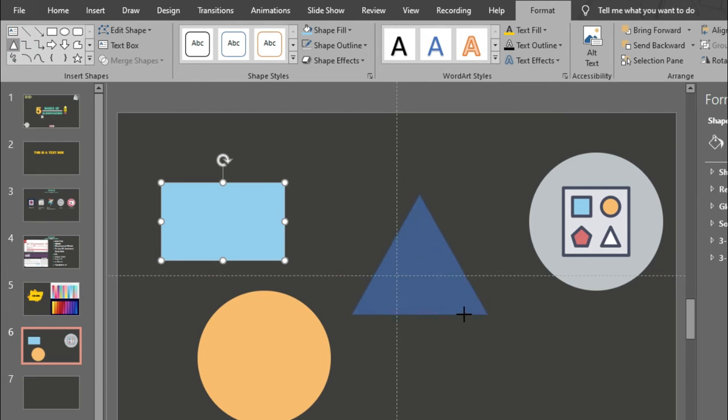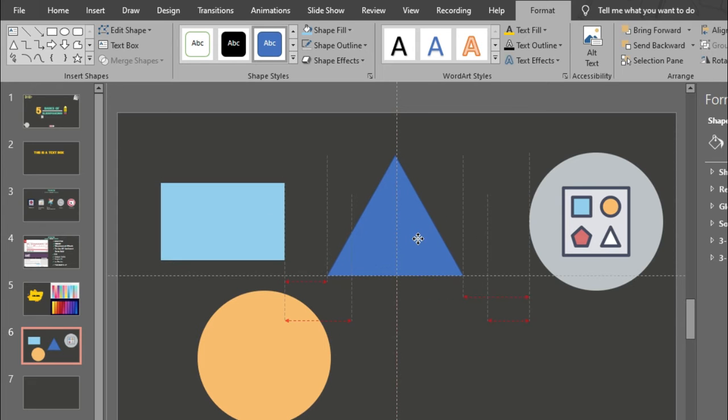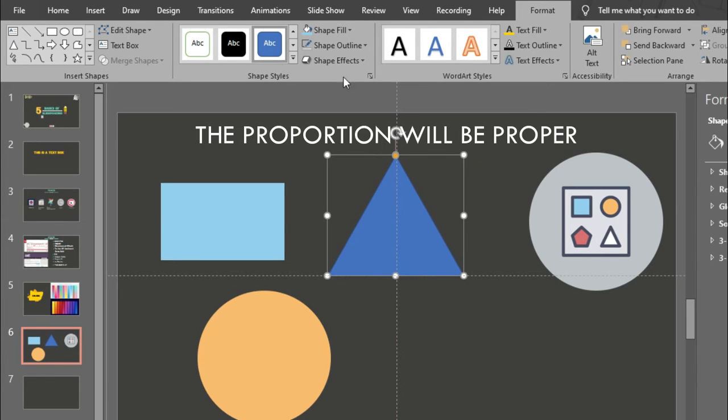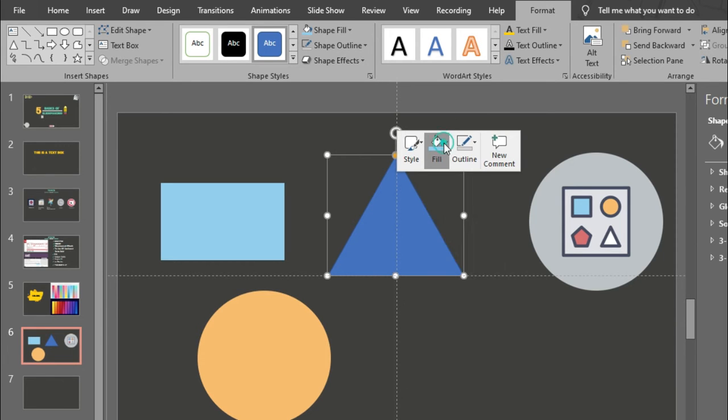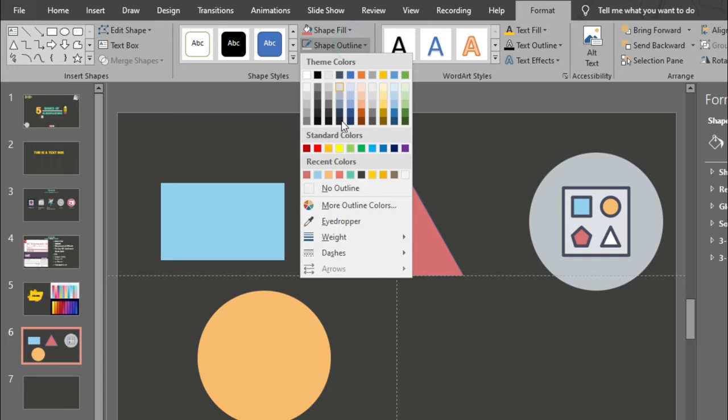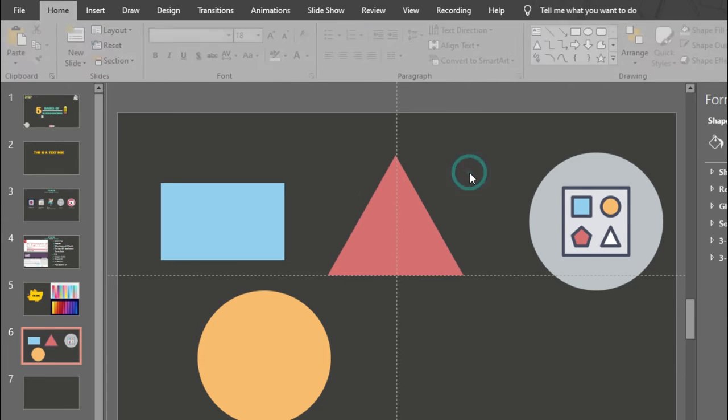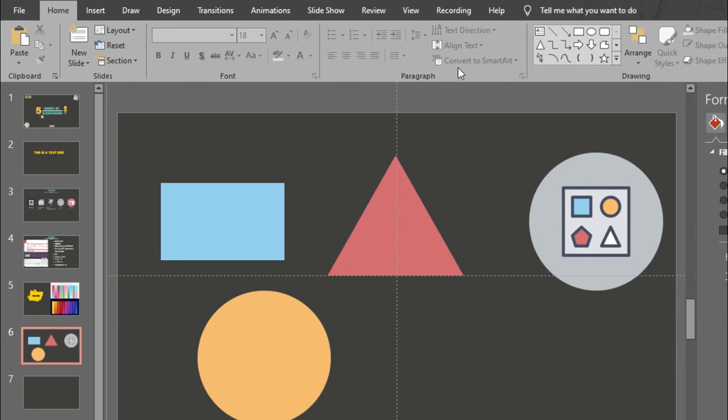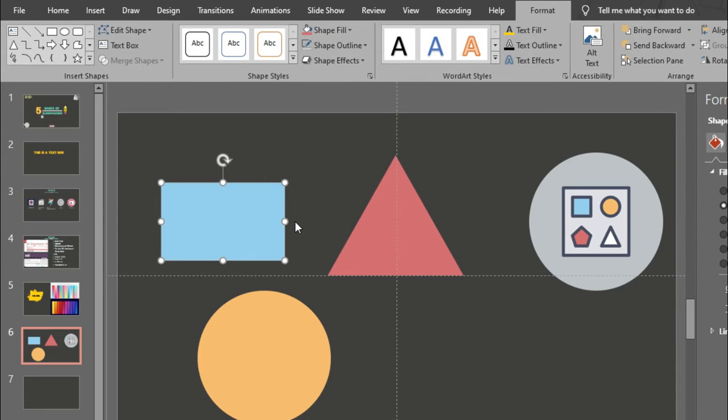Holding the shift key I am dragging this. If you hold the shift key, the shape will draw perfectly, so you have to use this shift button. Then go to format, or you can right click on it, then fill, pick the eyedropper tool, then hover over this color and click on it. Boom. So this is the eyedropper tool, you can use this. So let's say take some other shapes, so let's make this logo with the shapes and eyedropper tool.